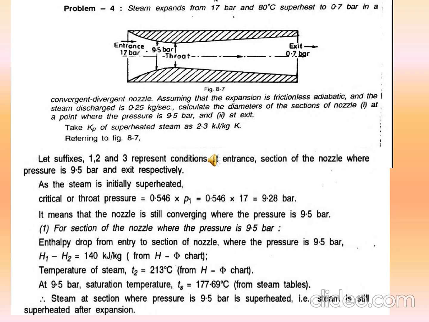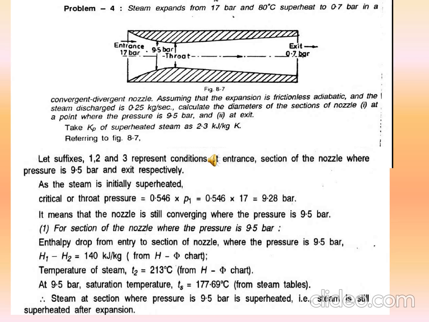Okay, so next slide you can go to the next slide. So next we'll find out the value. From the steam table we can find out at 9.5 bar, vg2 equals 0.2042 meter cube per kg. Okay, then specific volume at 9.5 bar and 213 degree, we have to find out specific volume V2 equals vg2 into T superheated divided by T saturated.